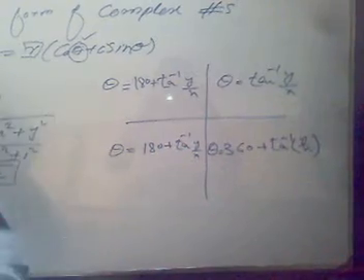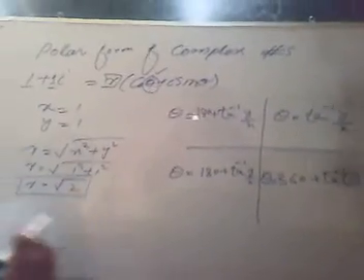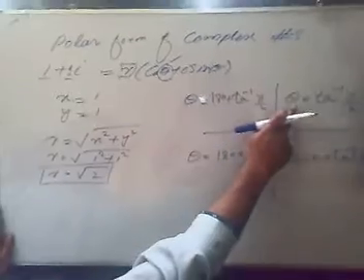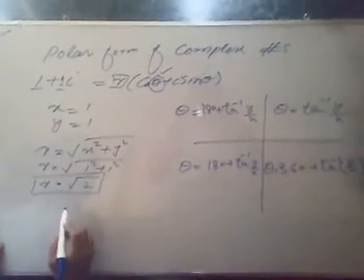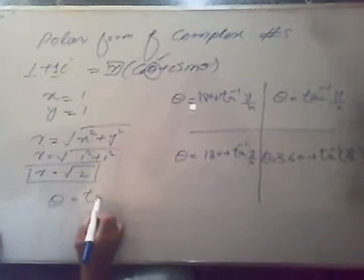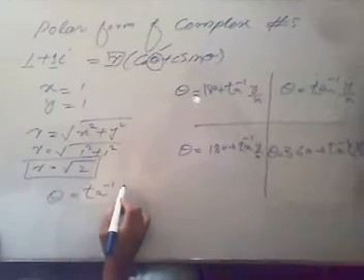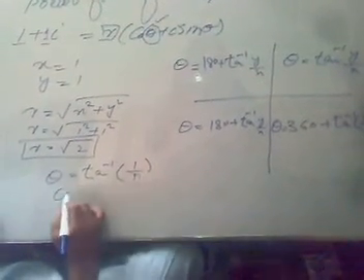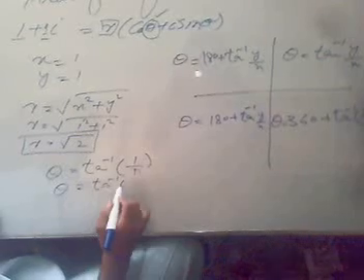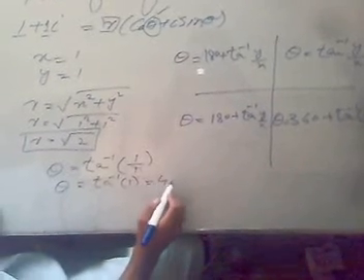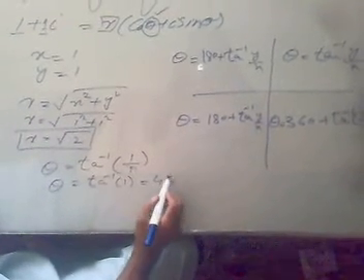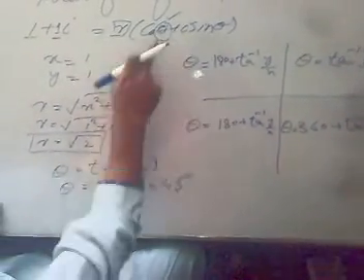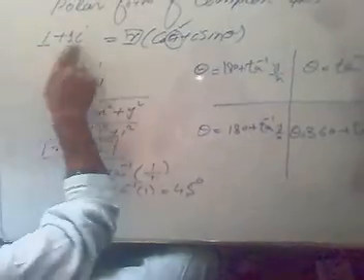So first, this is our first quadrant. Here theta lies in the first quadrant, so we will just apply this formula, and theta will be tangent inverse of y over x, and y is 1 and x is 1. So theta is tangent inverse of 1, and this equals 45 degree. If we use the values of r and theta, we will get the polar form of this complex number,